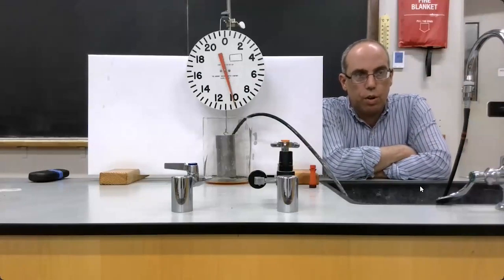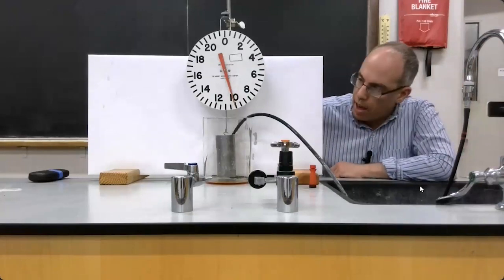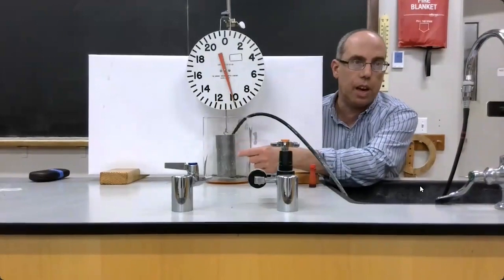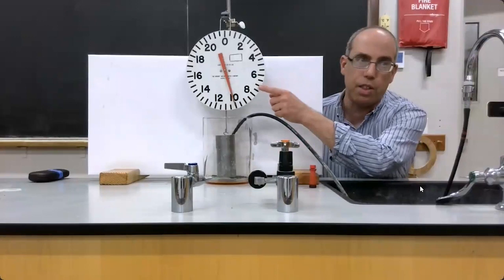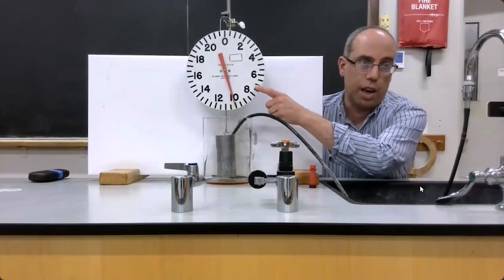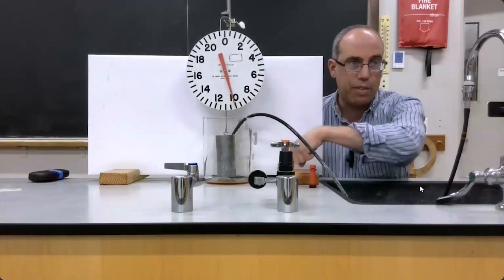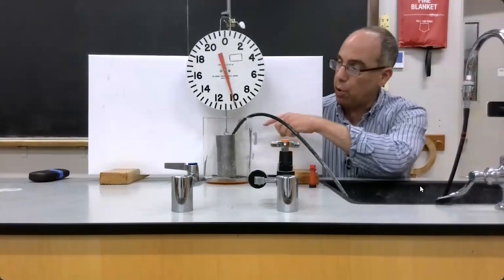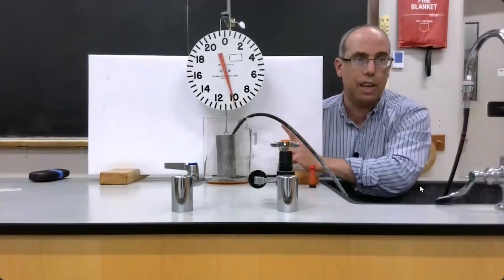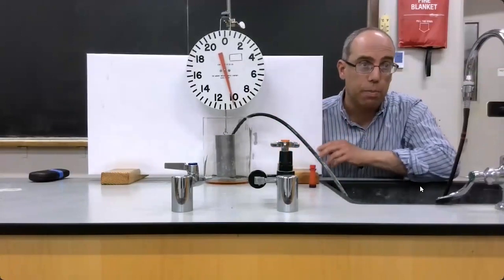In this video, we're going to look at a demo to help us understand the pressure in a liquid. Now, to start here, I have an aluminum cylinder, which is being supported entirely by the force scale. The force scale shows a reading of 10 newtons. What that means is that gravity is pulling down on the aluminum cylinder with a 10 Newton force, and that 10 Newton pull of gravity is being balanced entirely by a 10 Newton upward pull by the force